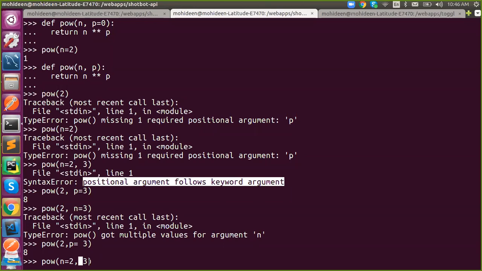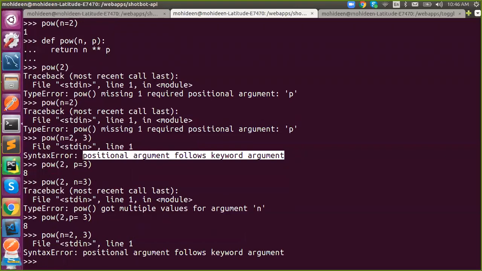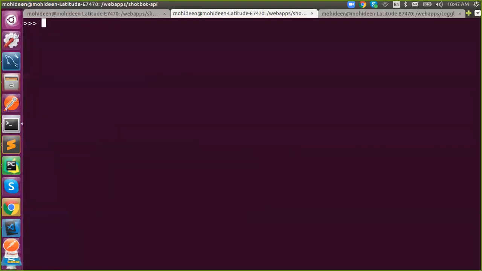Just please practice, then you will have a clear idea. We get a similar error while defining parameters: it should not start with default and then non-default; it should be non-default and then default. Similar error, that is syntax error again. Now next we are going to talk about another type of parameters.